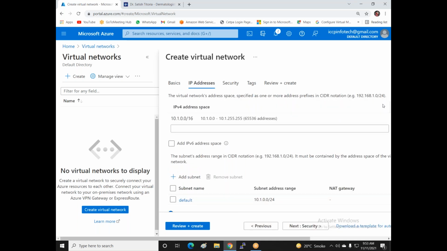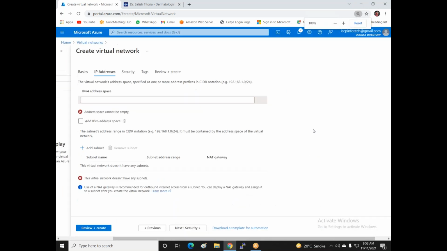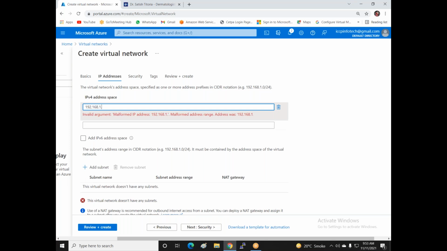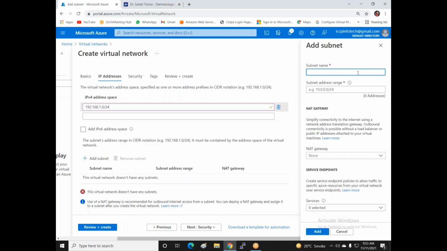Next, in this VNet I give the address space 192.168.1.0/24, and now add the subnet, LAN 2-SUB, which is subnet 2.